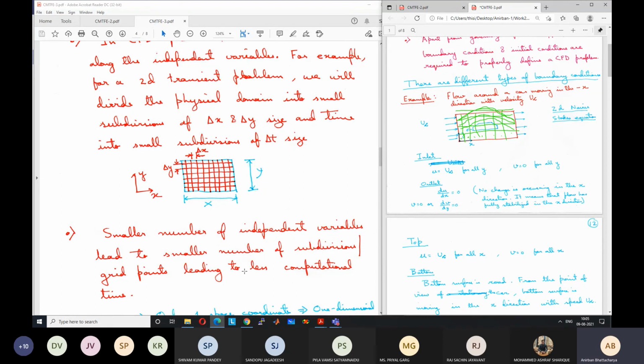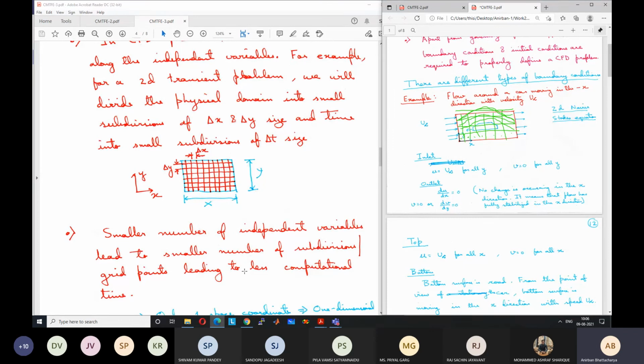Let us consider a case where you are solving for the flow in a room. If we want to solve the flow in a 3D pattern, but the flow is very uniform, say it is coming from one side, there is a window open or an AC, and it goes out from the other side, or there is an exhaust fan on one side and a window open at the other side, we can take the cross section along that central line and consider it as a 2D problem.